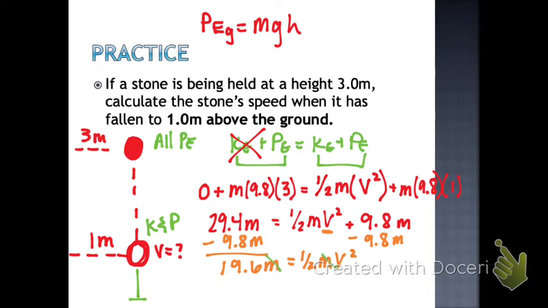So that leaves me with 19.6 equals 1/2 v squared. So what's the algebra I should do to get that across? Divide by 1/2. So divide by 0.5. And then I will square root. Perfect. Second, square root that answer. And that gives me a velocity of